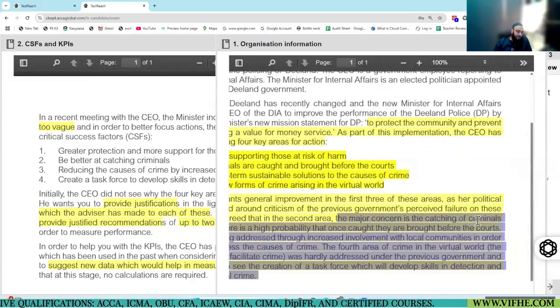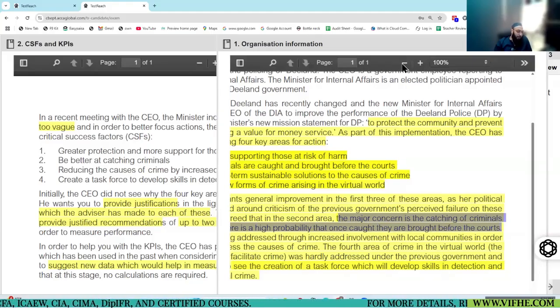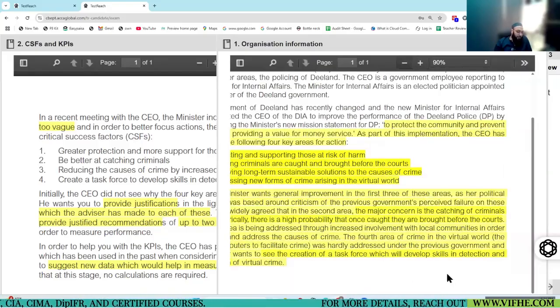The major concern is catching criminals, as there is a high probability that once you catch them, they are presented before the court. So the critical activity is not to bring them before the court.